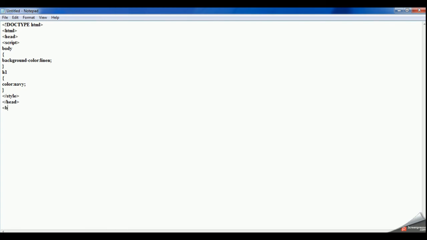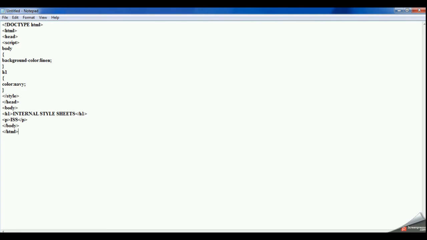After closing your head section you will open your body section. In the body, suppose you are writing heading h1 and you are writing internal style sheets. Okay, then close your heading tag. After this, just open a paragraph, then you write ISS, then close your paragraph tag, then close your body tag. After closing your body tag, close your HTML tag.